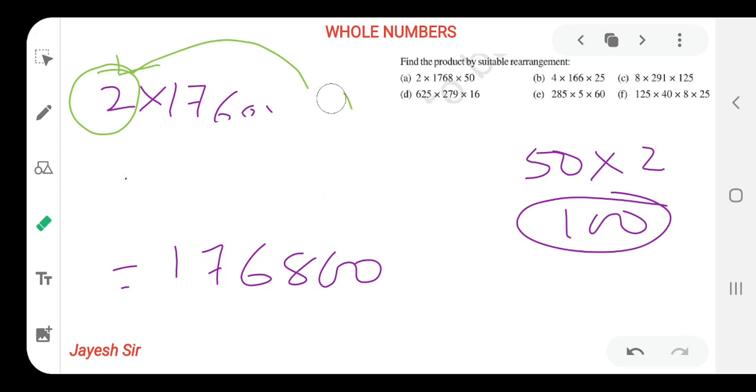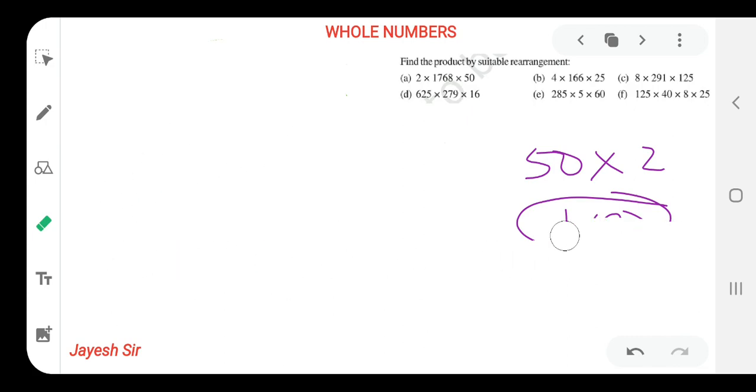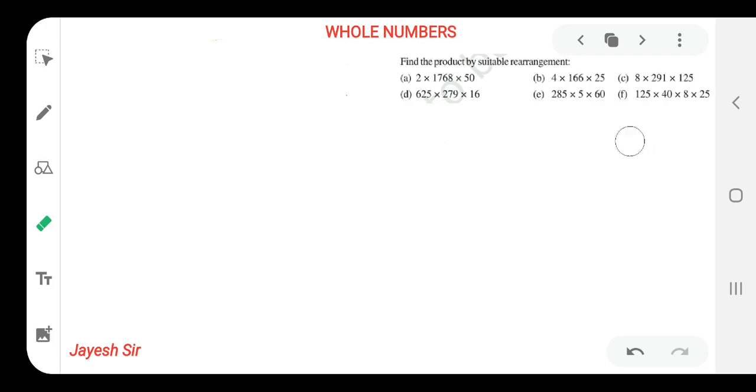So let's begin with the second sum. If you can also solve this type of sums by this unique method, then you can pause the video and try to solve by your own, friends. Otherwise you can watch the video and then you can revise with the same sums, or can prepare with the other sums also. Yes friends, so let's begin with the second sum.